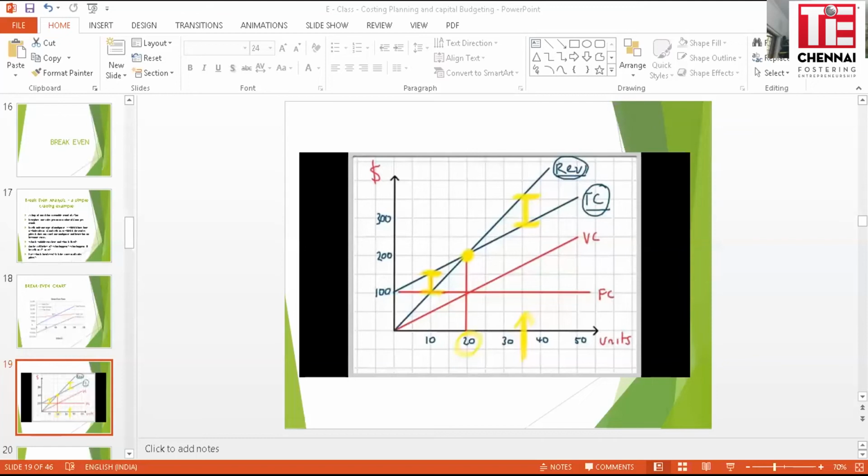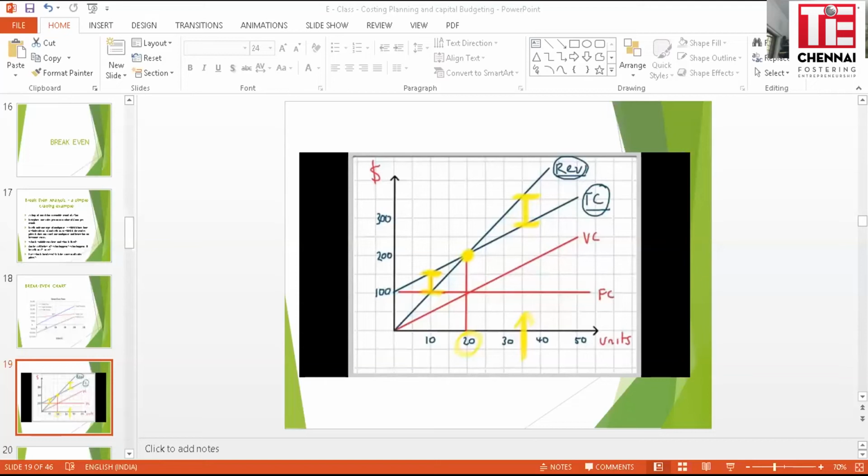The question arises, how many sandwiches must he sell with this 3 rupees profit per sandwich so that after meeting the cost of the bread and the butter, he can meet other expenses? And that number of sandwiches that he has to sell is called the break-even. Break-even is both in terms of numbers and in terms of value, because we're taking a simple case where there's only one product and one price. So if I know the number, I automatically know the value.